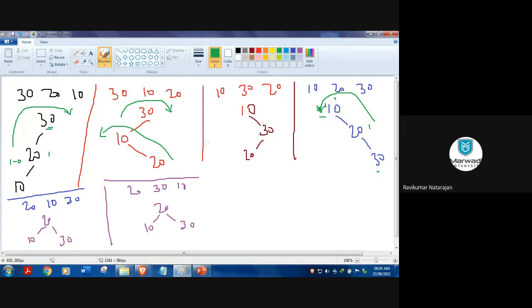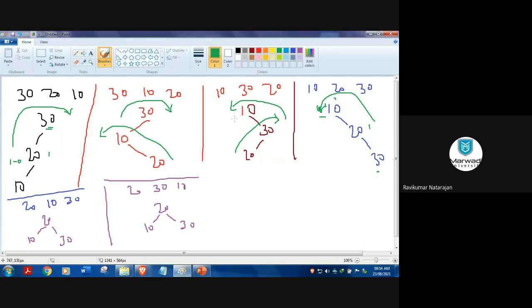Which side should I rotate? Just opposite to this. So I will rotate like this, then like this. In the first rotation, I should bring that 30 towards down. If I bring that 30 down, this answer I will be getting. 30 will come here. 20 will replace 30, right?